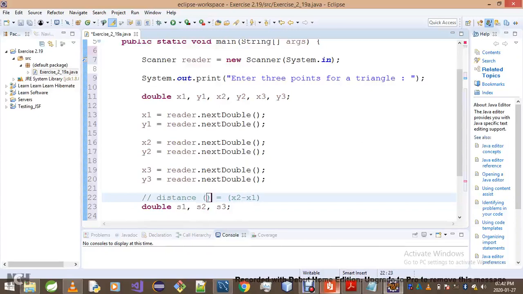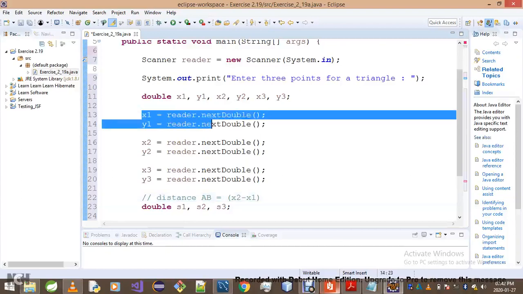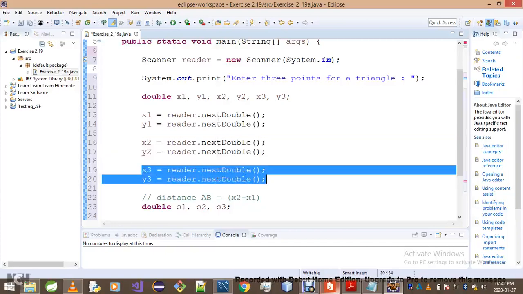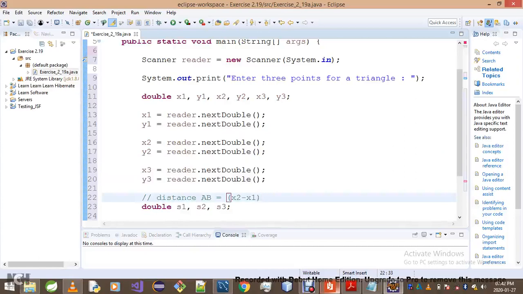Let me just go this way. Let me just go with the distance AB, where A is the point x1 y1 and B is x2 y2. So let's make that our assumption. In that case x3 y3 will be our C. So we'll be having 3 points: point A, point B, point C. Okay, so what else? The distance between 2 points will simply be